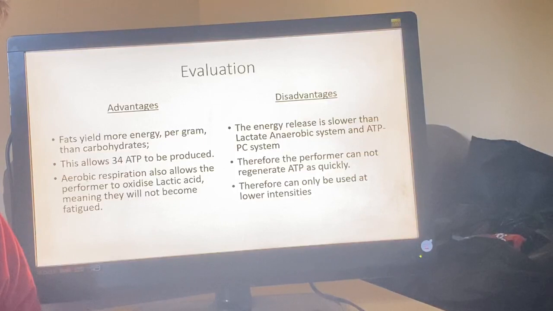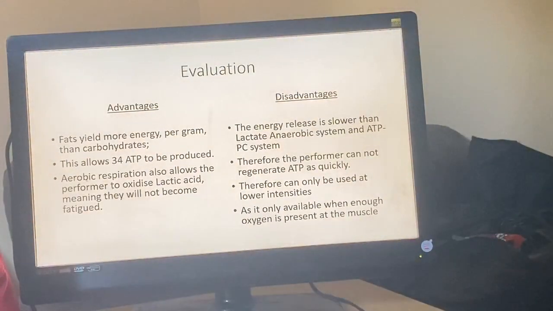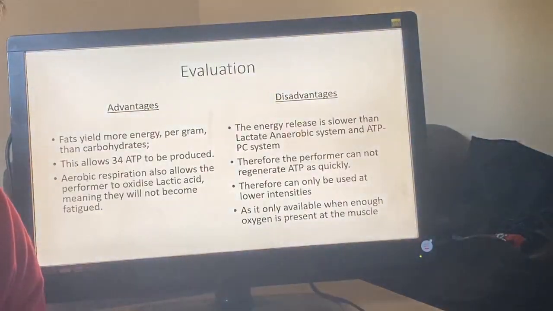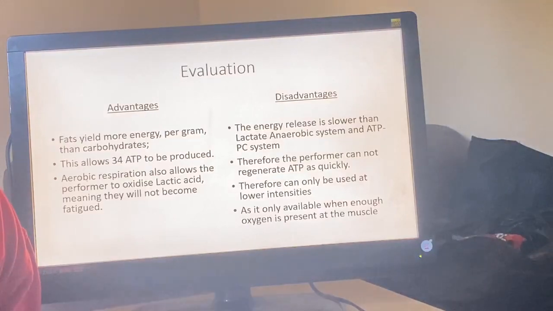Usain Bolt can't use aerobic respiration during a 100 metre sprint. And that kind of concludes it all, because I can only use it when there's enough oxygen present. That "enough" is a key word there. If you don't talk about "enough", then